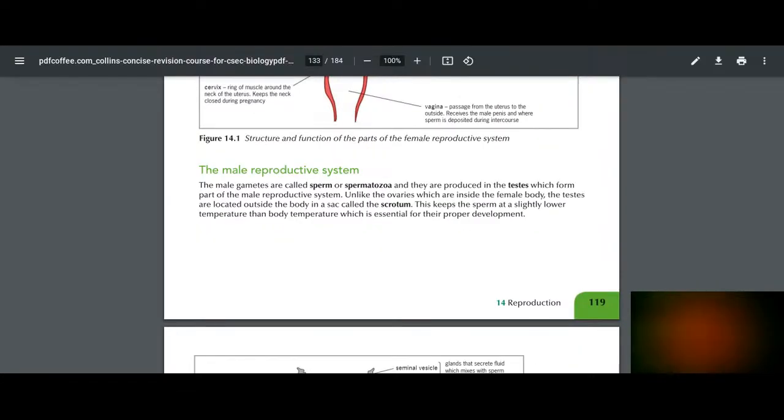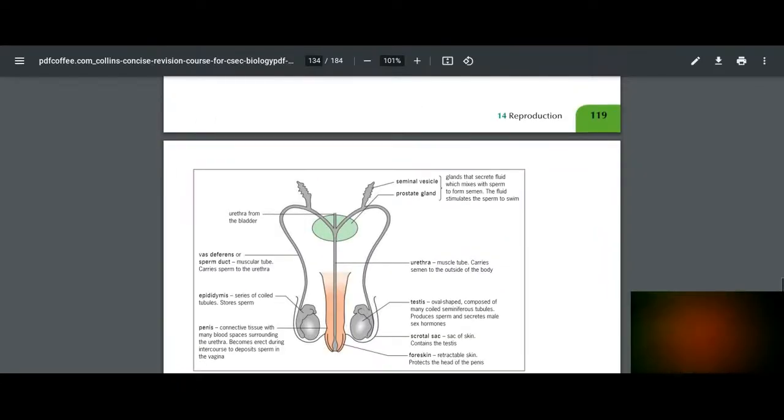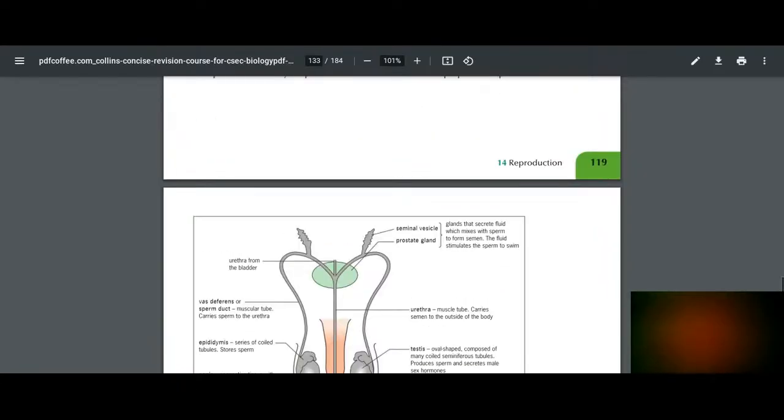The male gametes are called the sperm, and they're produced in the testes. And then the testes are located in the scrotum. I recommend you know how to label this diagram, the vagina diagram, as well as